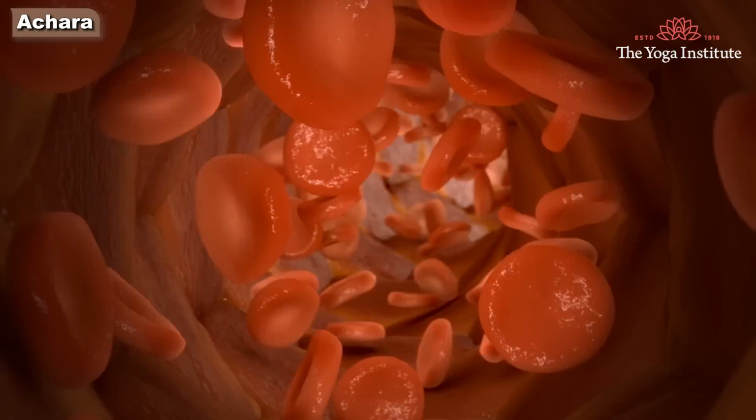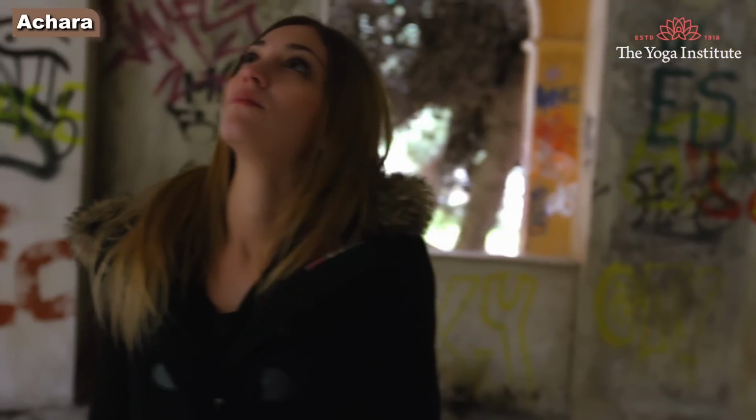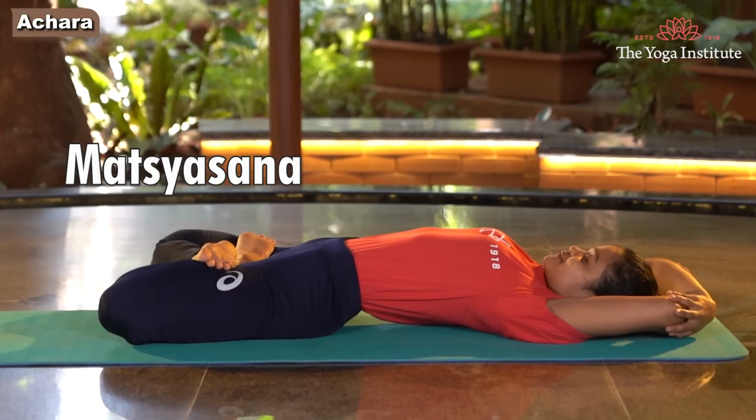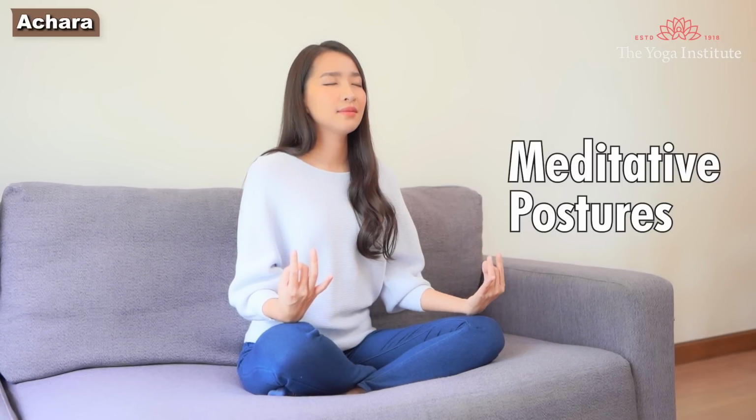Be aware of one's own body to catch the initial signs of change in blood pressure and some symptoms like heaviness of head or dizziness. When comfortable with walking, one can gradually add a few simple asanas like, lying down, yastikasana, matsyasana, sitting, parvatasana, and meditative posture. Start the asanas in sitting and lying down positions. Avoid back bending and forward bending to begin with.